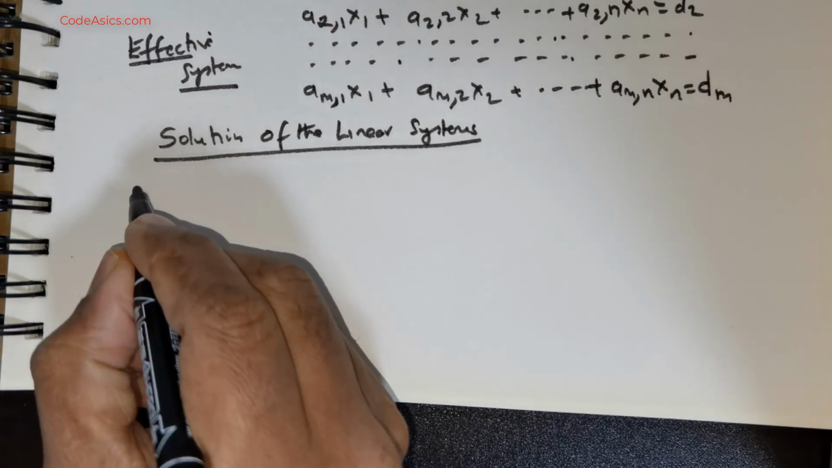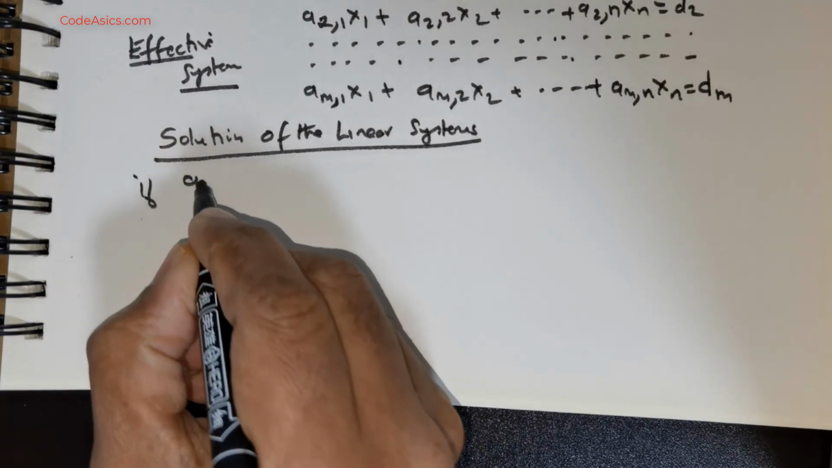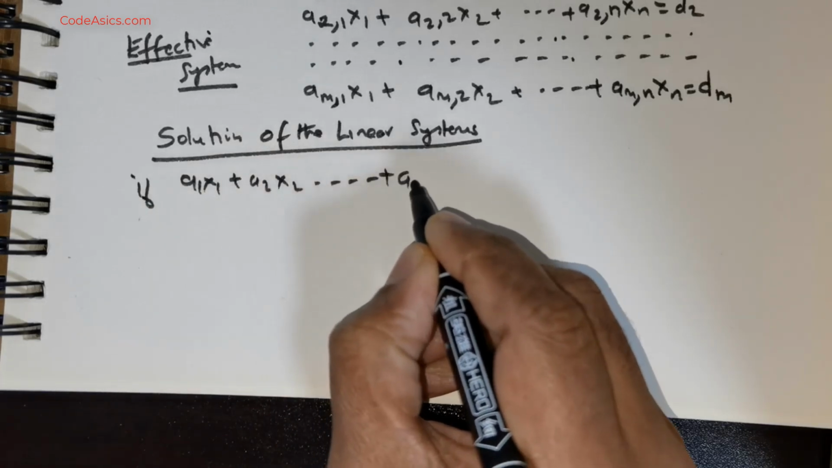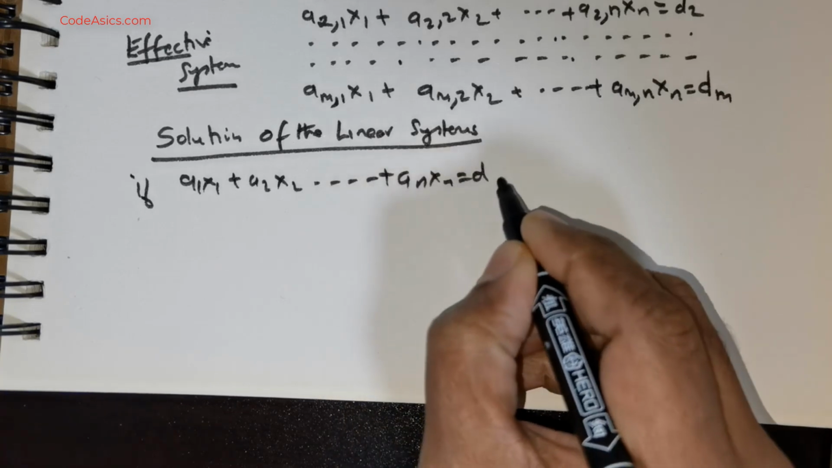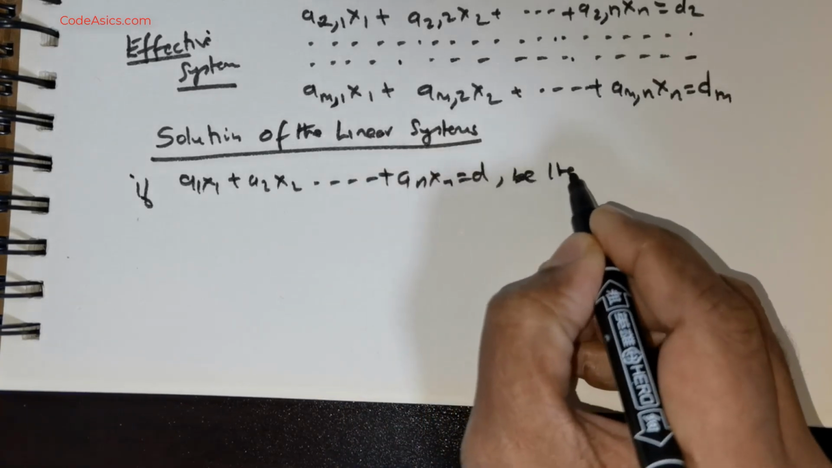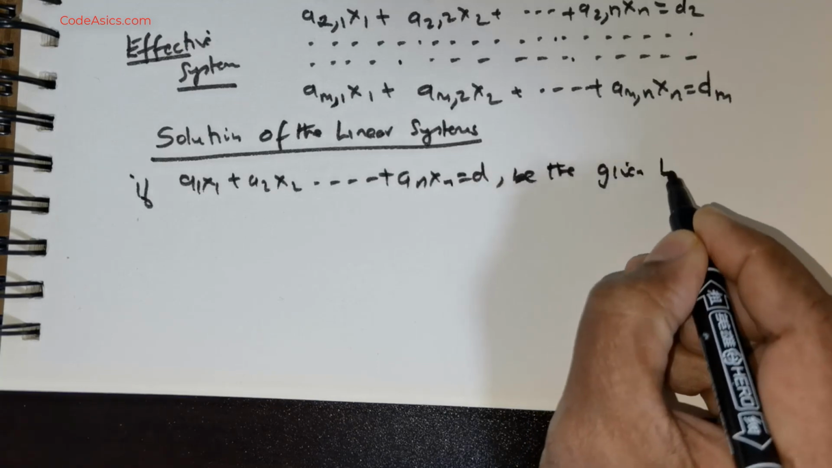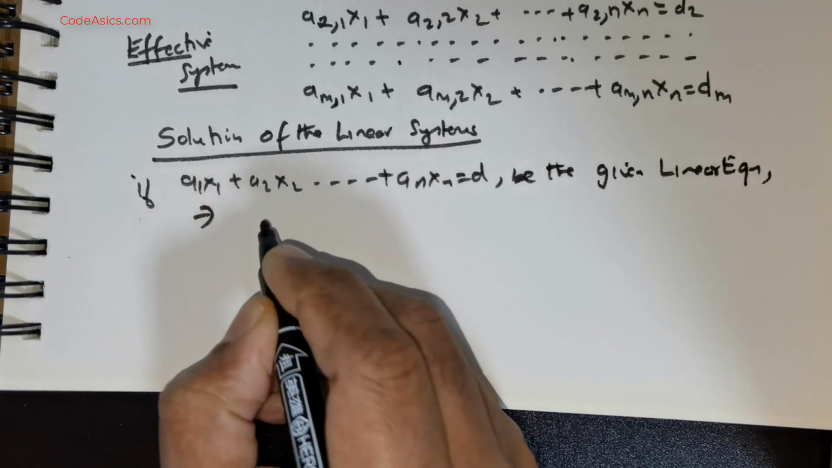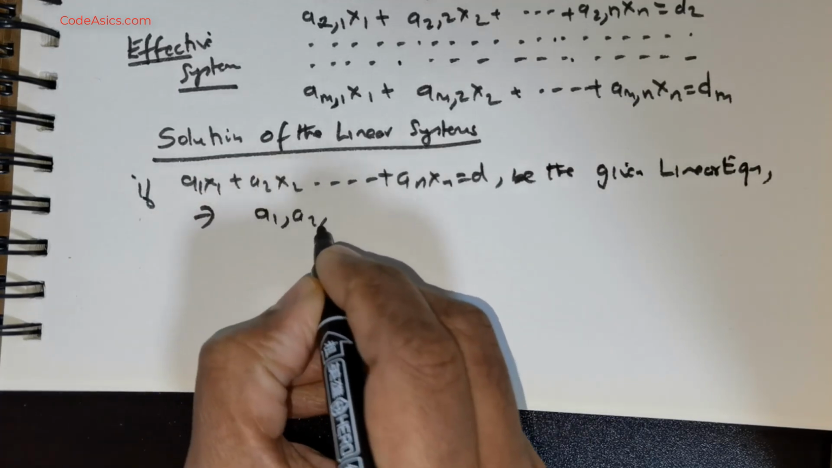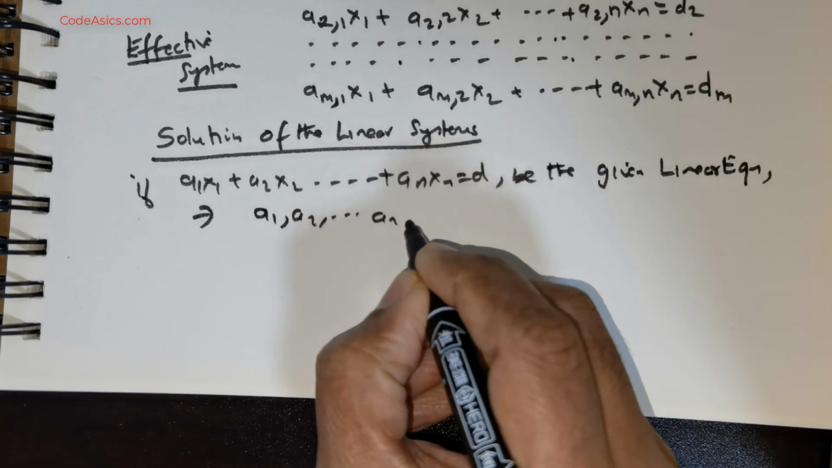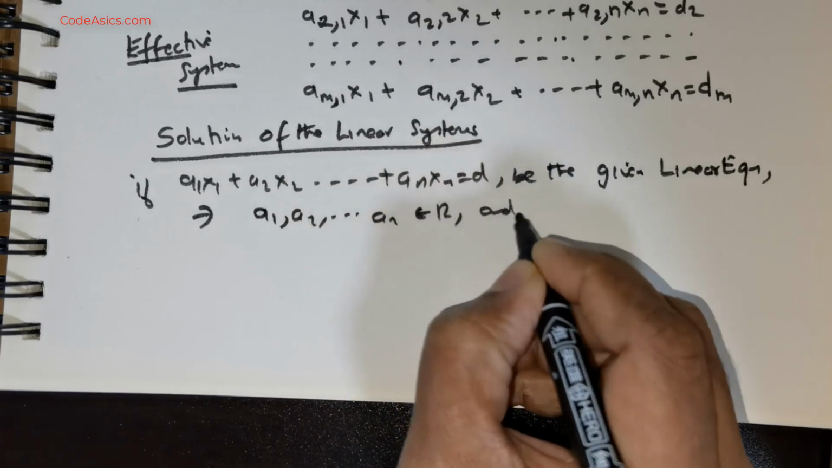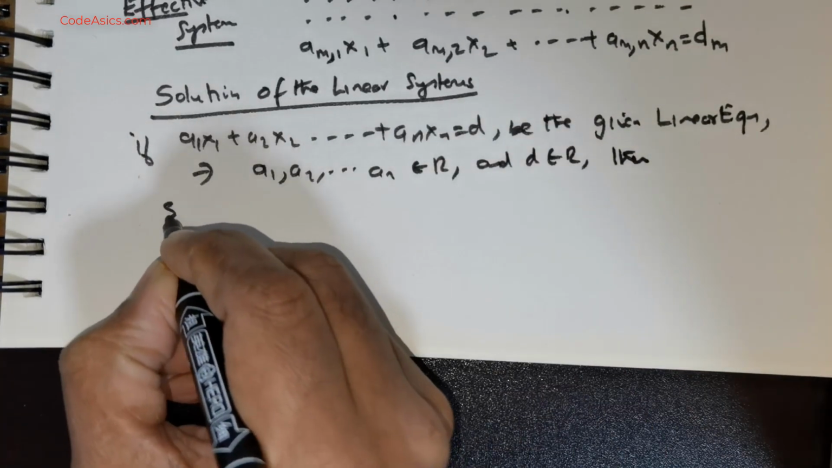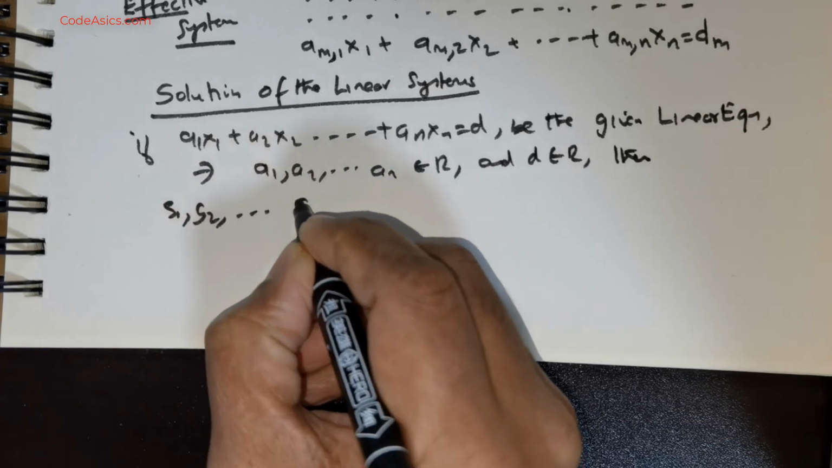Okay, so let me start off like this. If a1 x1 plus a2 x2 etc. plus say an xn is equal to d be the given linear equation, okay, such that you got a1, a2, etc. an element of R and d element of R, then the solution s1, s2, etc. sn